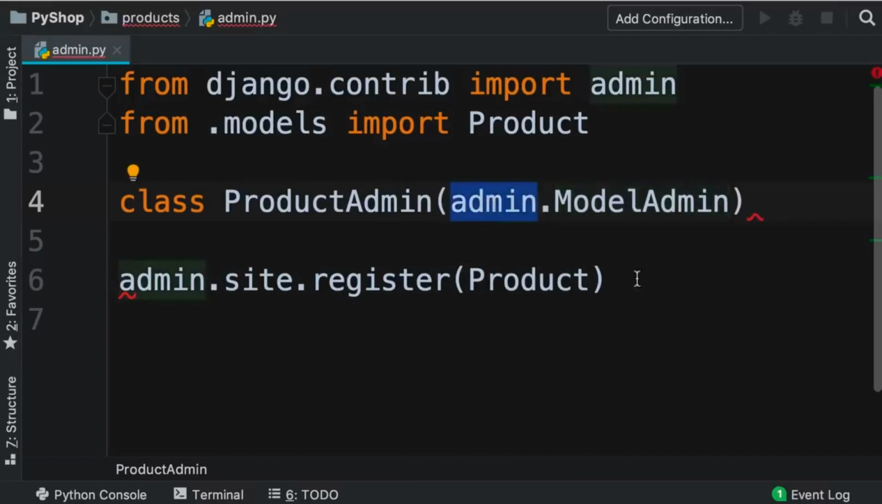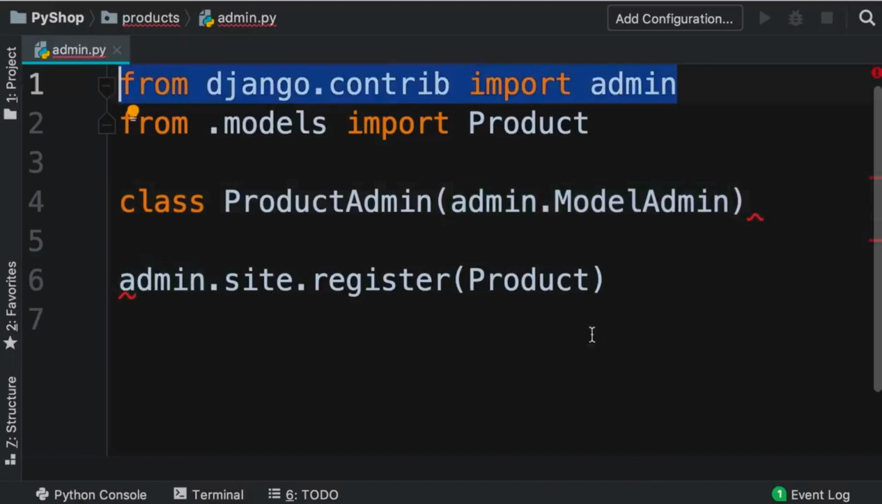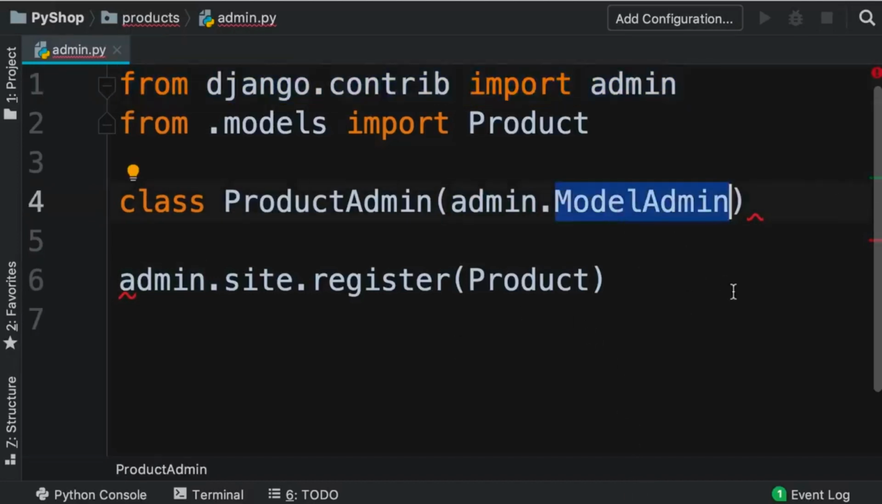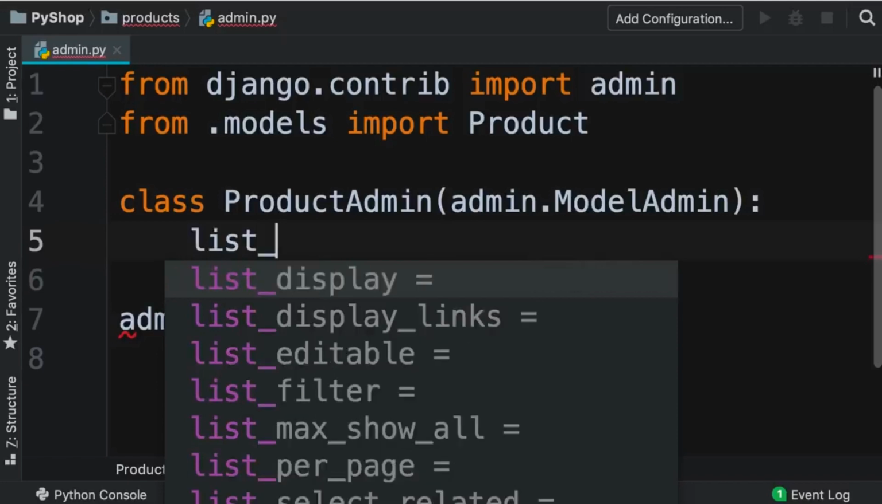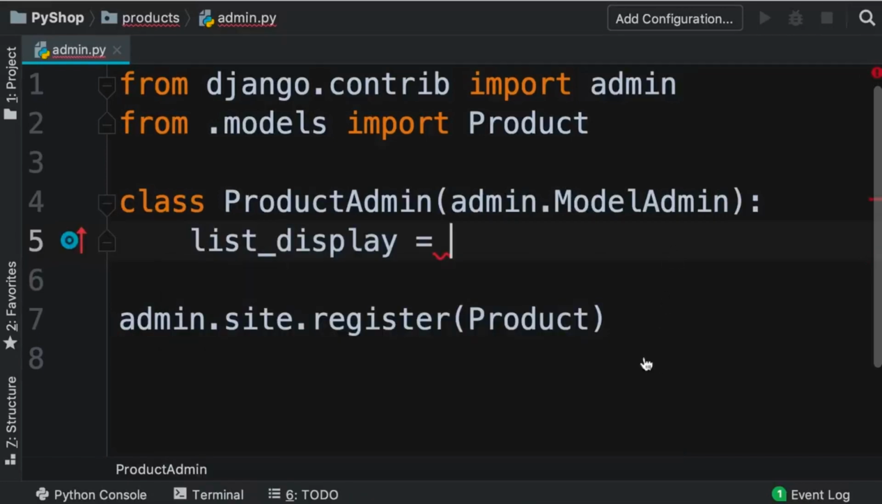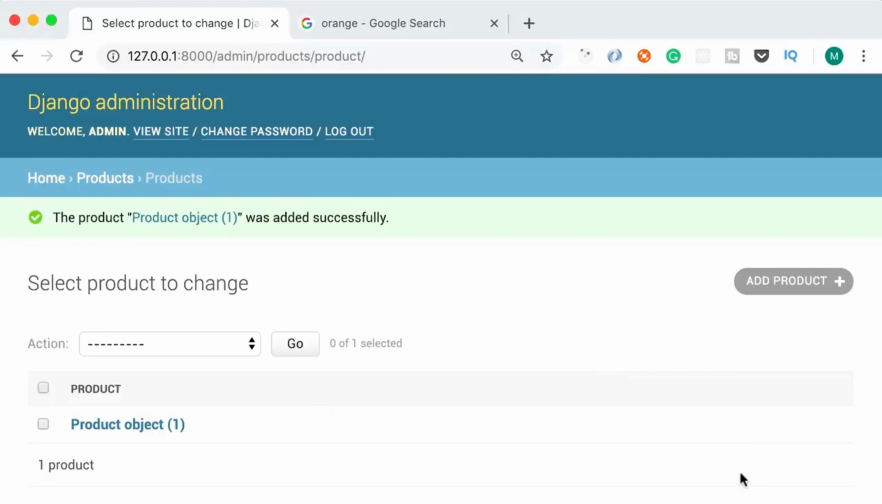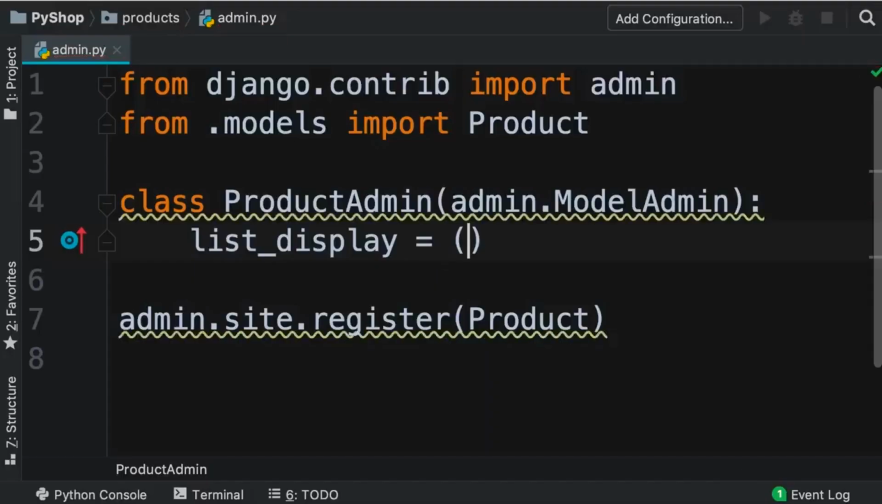What is going on here? Well, this admin is a module that we have imported on line 1. In this module, we have a class called ModelAdmin, which provides all the common functionality for managing models in the admin area. So by deriving this class from the ModelAdmin, this class inherits all this common functionality. Now, in the body of this class, we can override or change some of this functionality or attributes. For example, in this class, we have an attribute called list_display, and this attribute specifies the columns that should be visible in this table. So we set this to a tuple, and in this tuple, we add one or more attributes of our product